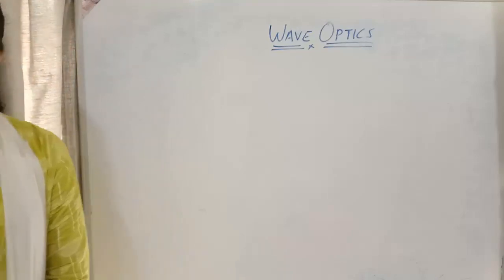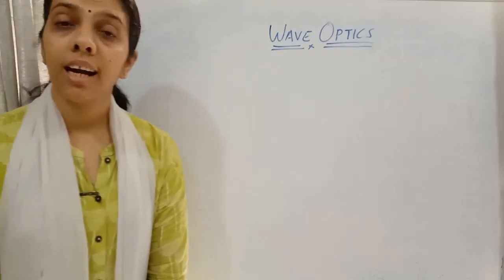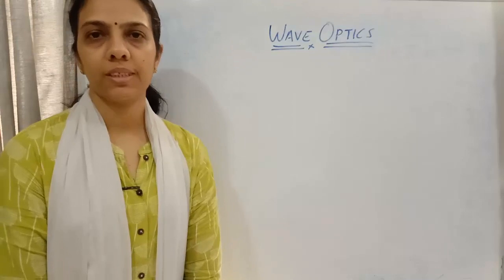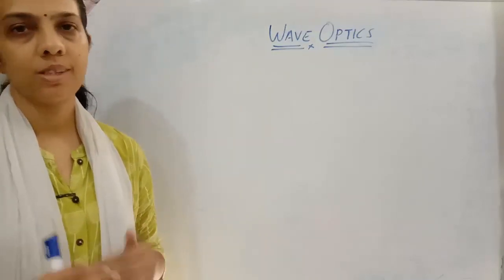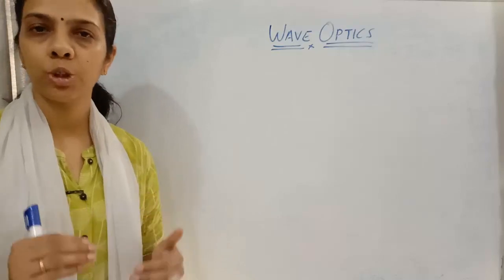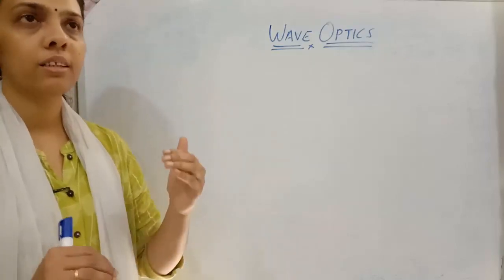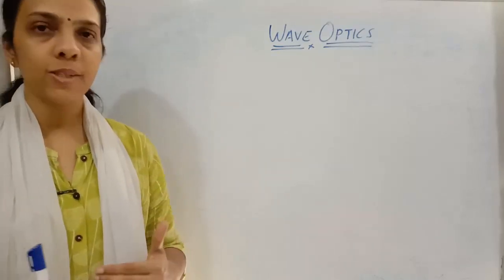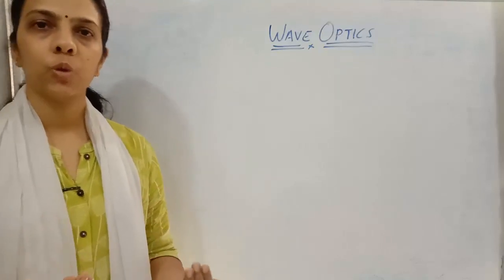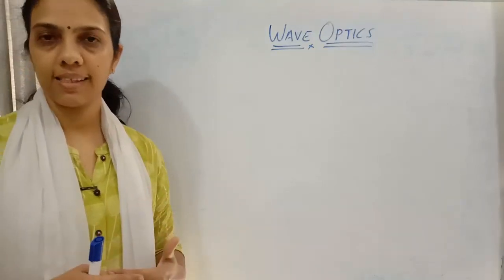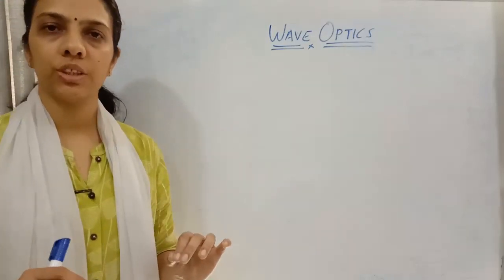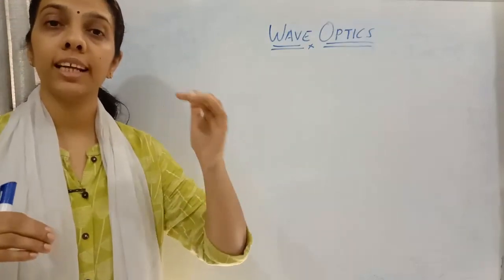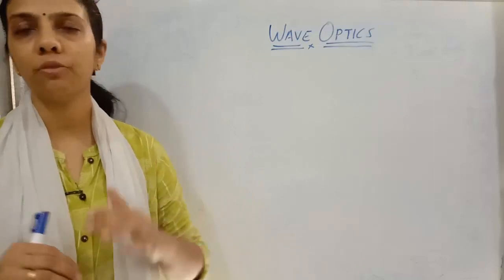In today's video, we are going to discuss Young's double slit experiment. This is the experiment based on interference. Interference is the redistribution of energy. For that we should get coherent sources, so it is better to go for monochromatic light itself. When these two waves superpose each other, we will get alternate dark and bright fringes.